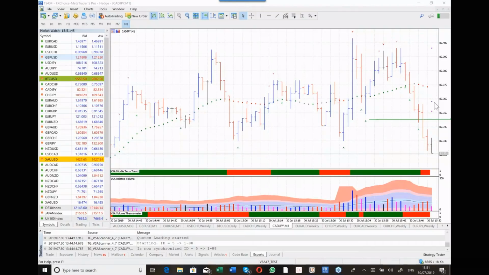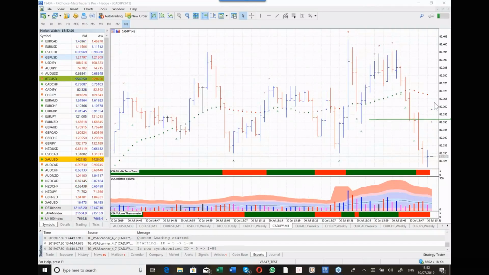Very difficult to argue with a live chart. It's very good to show charts in hindsight and go, well, see, that looked good, didn't it? This is live. This is how it works. And it's a 1 minute chart. So we're doing it on a 1 minute time frame. And there's the clusters. They're right on my line, look. See where my green line was drawn? Look at where the clusters have appeared. Right on it. And don't be at all surprised to see an upthrust or no demand here. And I don't trade the CAD yen. It's not one of my favourite cross pairs, but it's a good example of the principles.